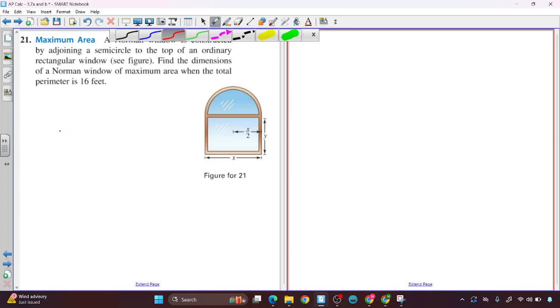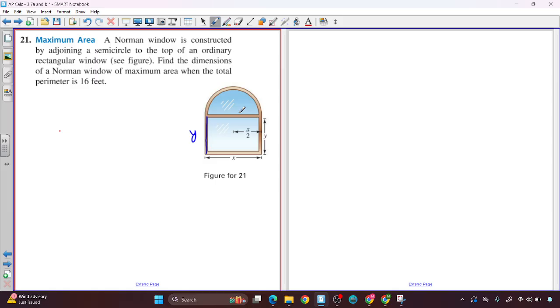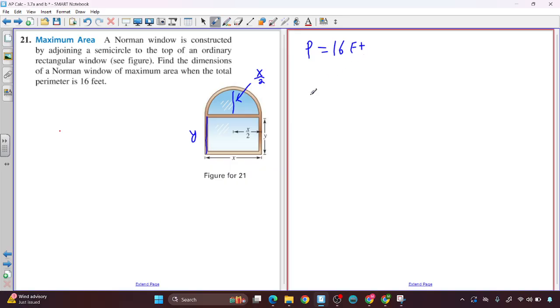So you get three types basically of problems that it could be. Let's deal with this Norman window now. We see that this would be y right here. This radius, I guess, is x over 2, because this is x. So we want the perimeter. The perimeter is 16 feet, and we want the area to be a maximum. So the area of this thing is going to be x times y